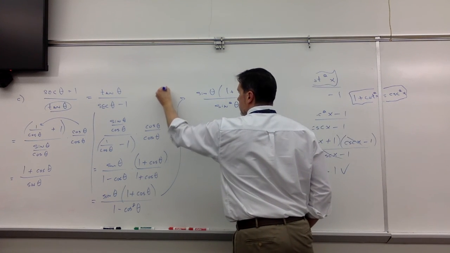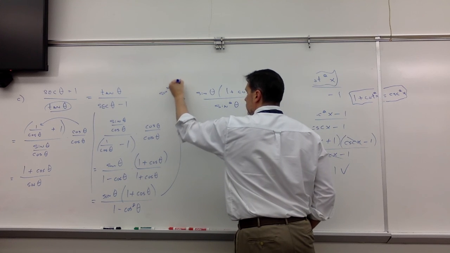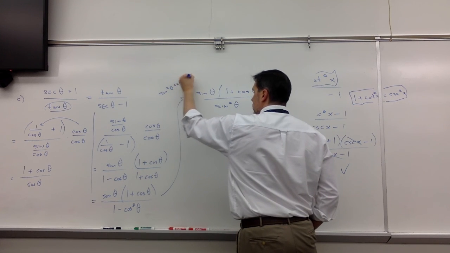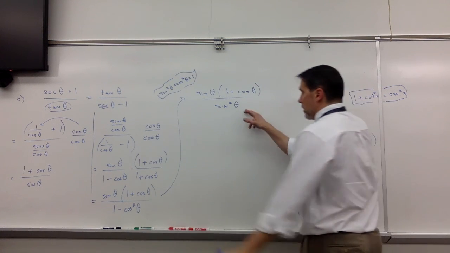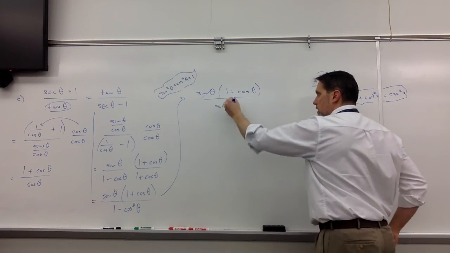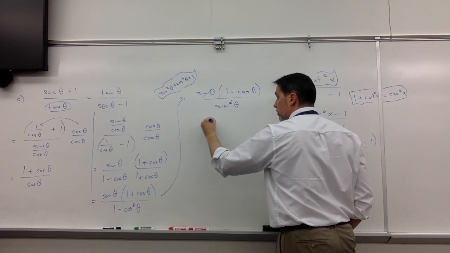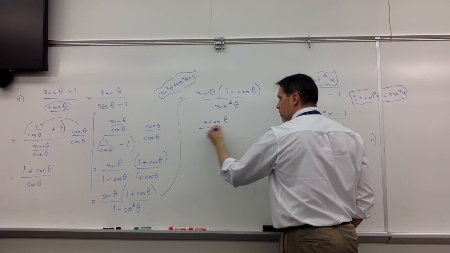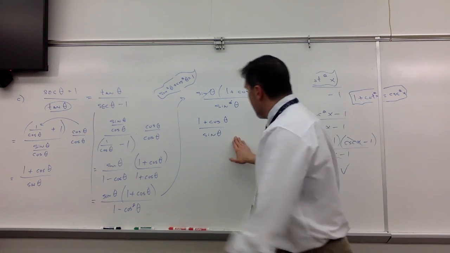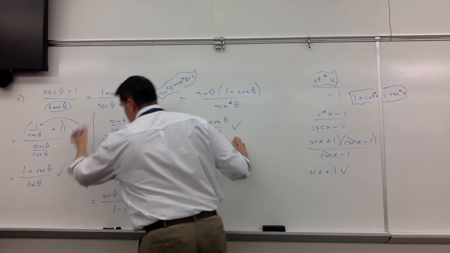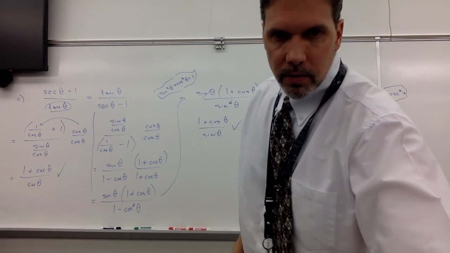So sine squared plus cosine squared equals 1. That's our justification. And then we can cancel 1 factor of sine with 1 factor of sine, leaving me with 1 plus cosine over sine. Let's hope that's the left side. Yep. And